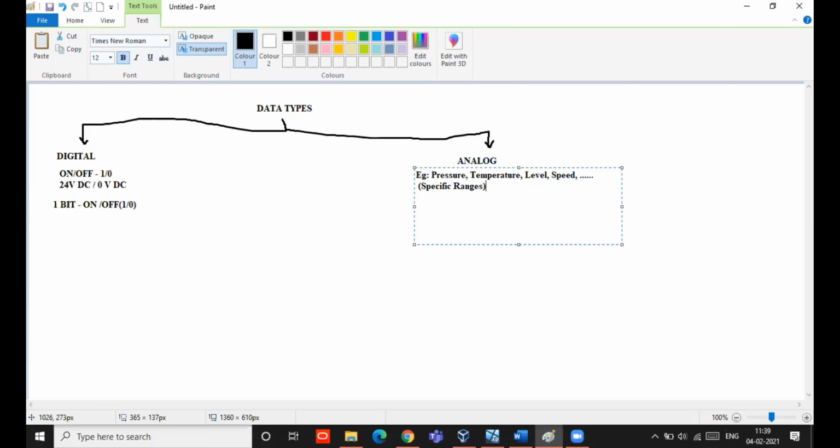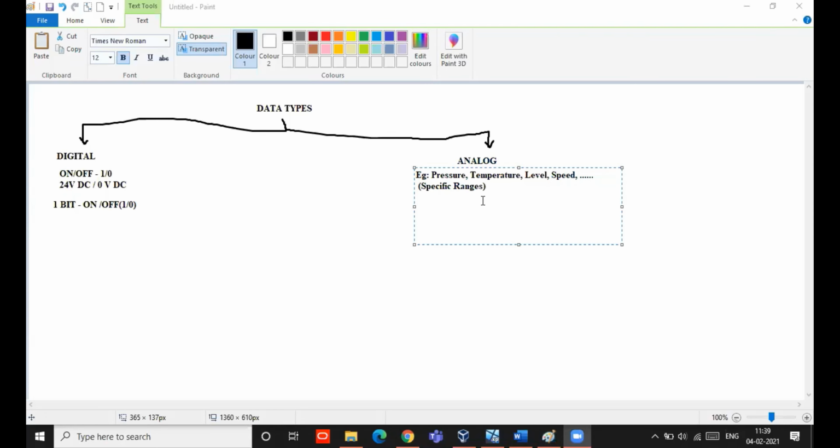If anyone asks what the pressure of this particular tank or pipe will be, you will say the pressure range will be from this particular value to that particular value. Like that, you will be specifying all the quantities in a specific range. So whenever you are using a particular range, those quantities come under analog.